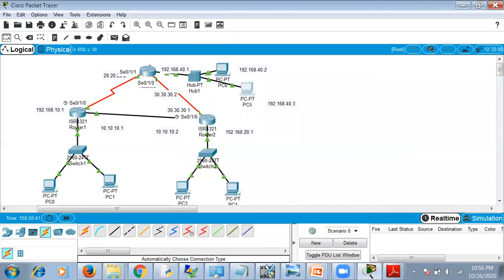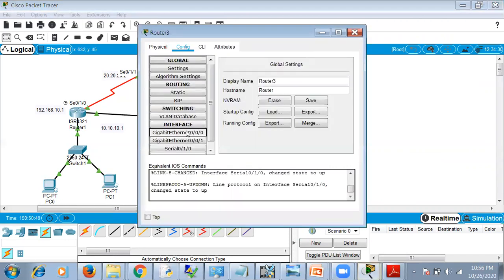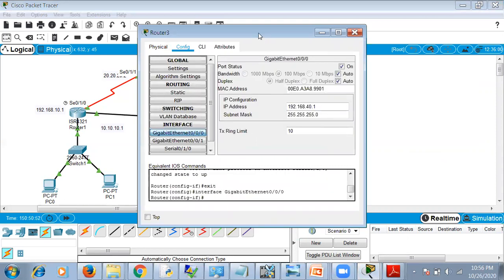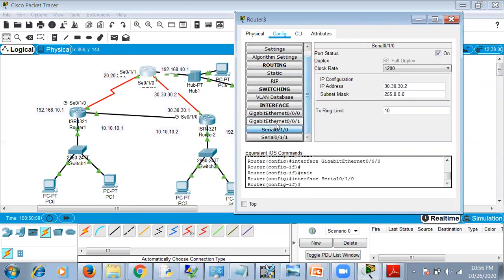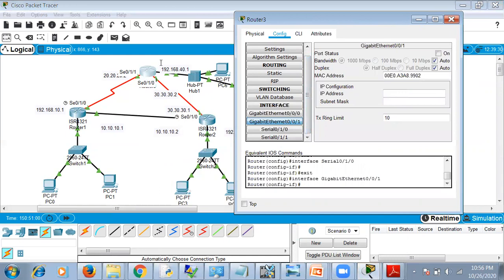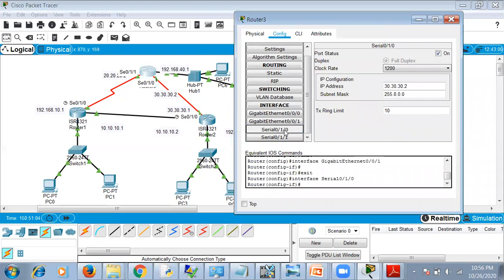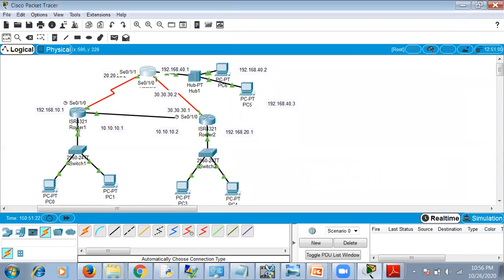So this third router has these 3 IP addresses. So we'll just check once whether all the 3 have been done. So this is 40.1. This channel is done. Then we're not using the second gigabit because there is no link for another LAN, because the other two are serial connections. So serial 0/1/0 is this link, 30.30.30.2, and 0/1/1 is 20.20.20.2. Okay, so all the IP addresses have been set properly.